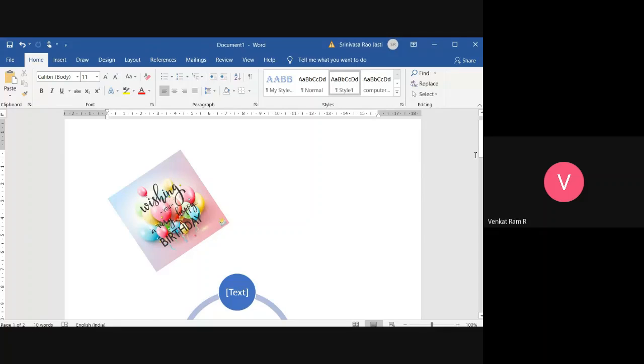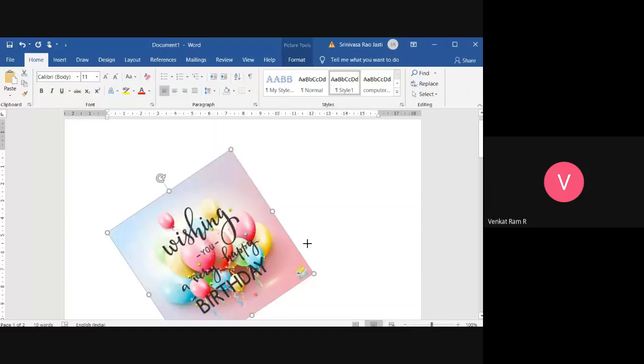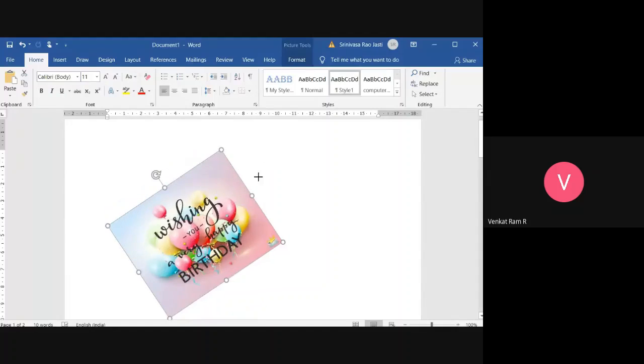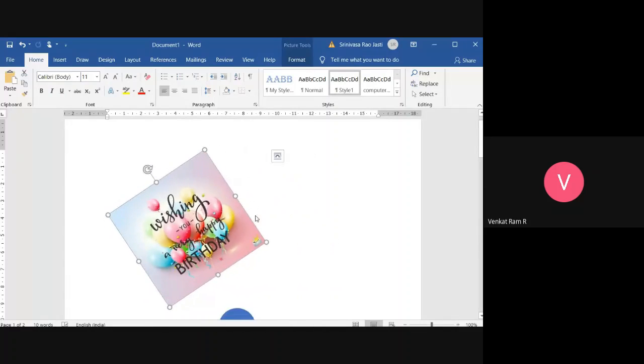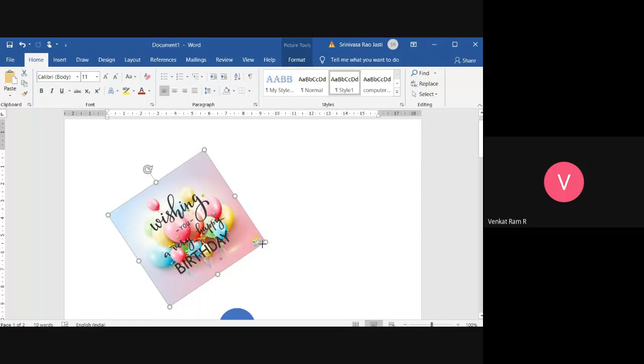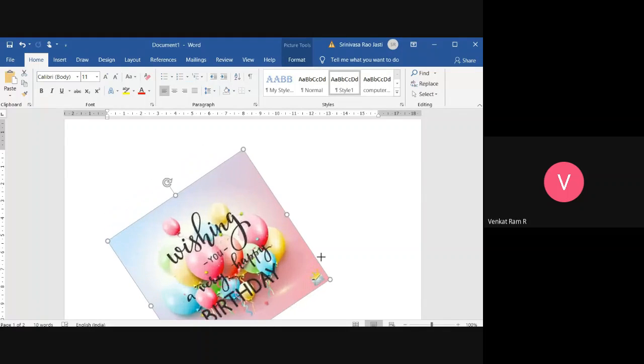And next, how do you resize an image or rotate an image? Just see here, the circles are present, just drag and drop it for size increase or size decrease. Just hold it at any point. But if you are dragging and dropping at the corner, then the picture will increase or decrease its size equally.